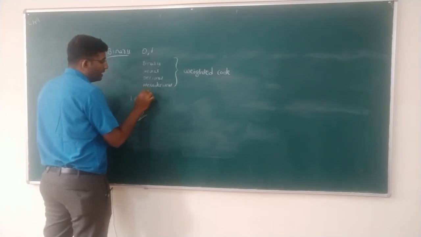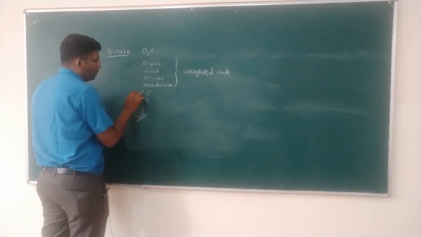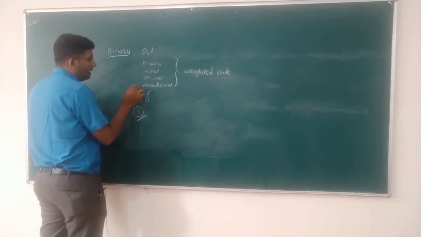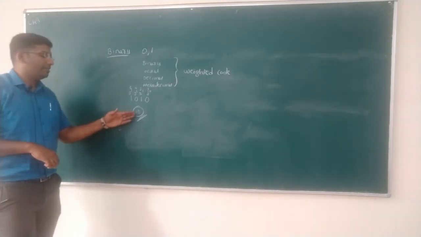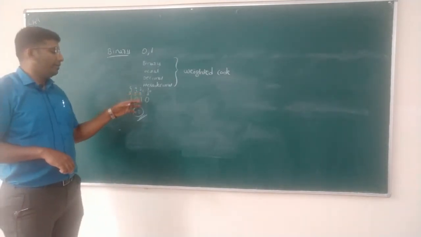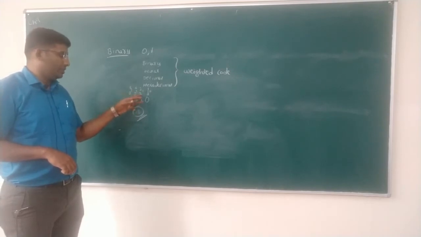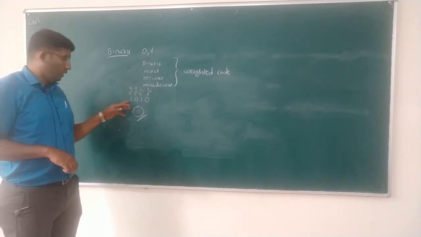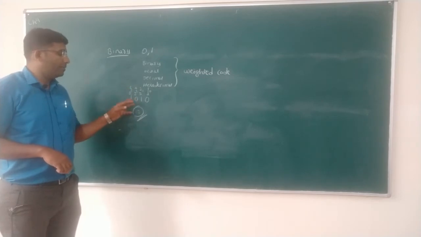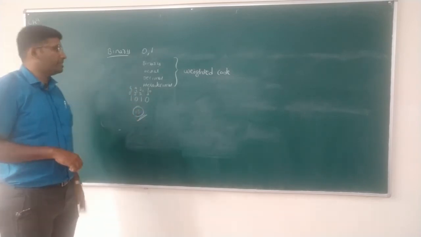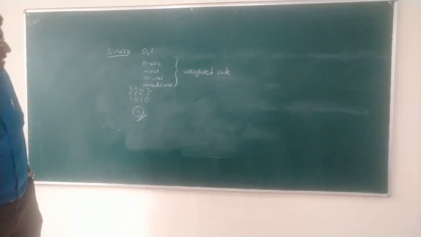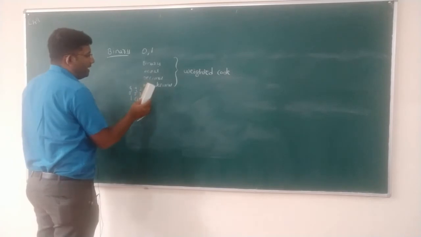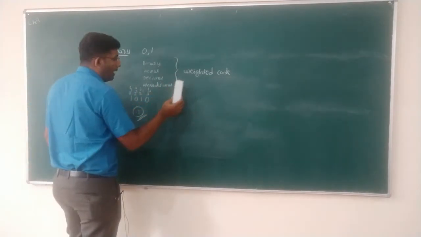The first position is 2 to the power of 0, then 2 to the power of 1, 2 to the power of 2, 2 to the power of 3, that is 1, 2, 4, 8, which has been already discussed in the first year itself. The decimal equivalent is 10, because we will be having a 1 in the second position and a 1 in the 8th position. So 8 plus 2 gives 10. This is how we represent a binary number, and all these binary, octal, decimal and hexadecimal will be treated as a weighted code.